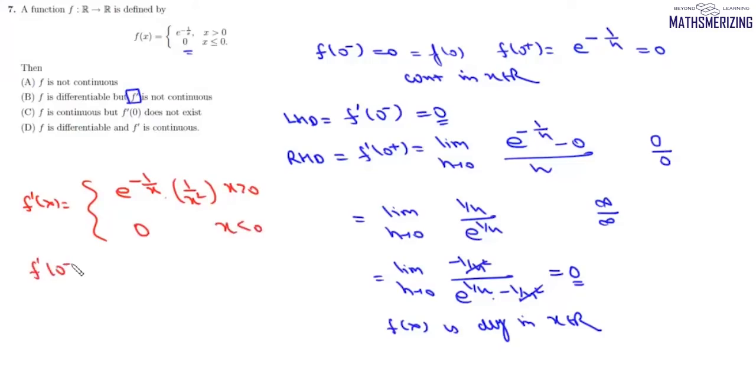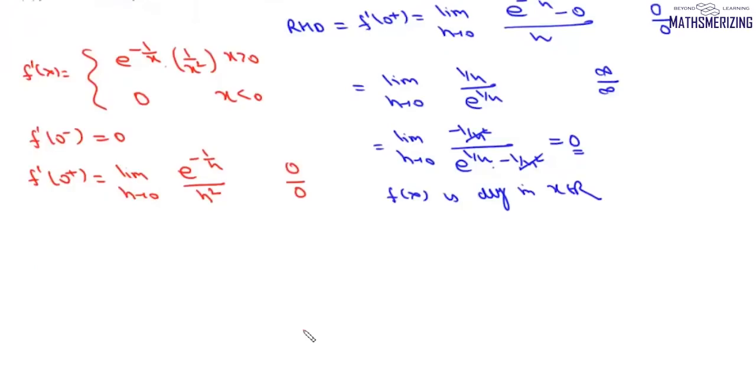So f dash 0 negative is nothing but 0. And if we find f dash 0 positive, it will be this limit h tends to 0 e to the power minus 1 by h upon h square. Now this is nothing but 0 upon 0 form. Now again we write this as limit h tends to 0 1 upon h square e to the power 1 upon h, which is infinity upon infinity